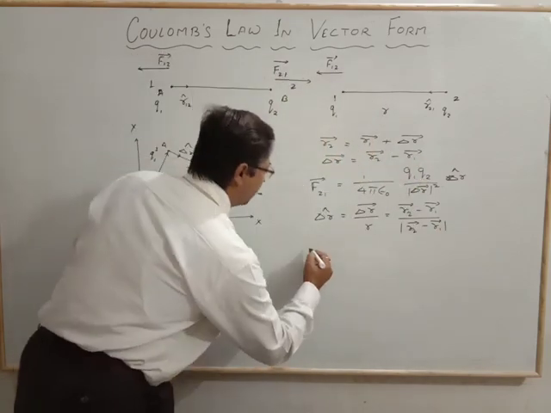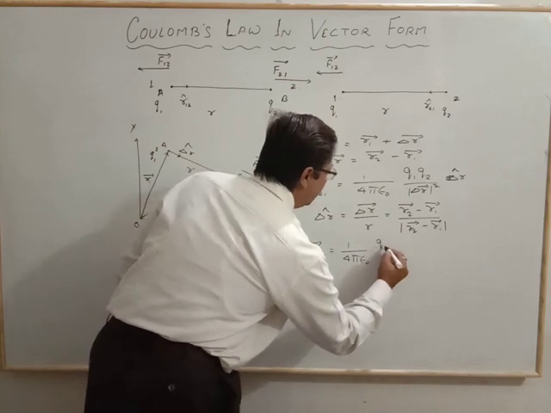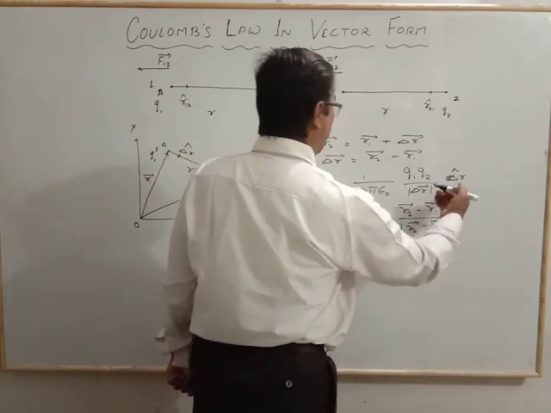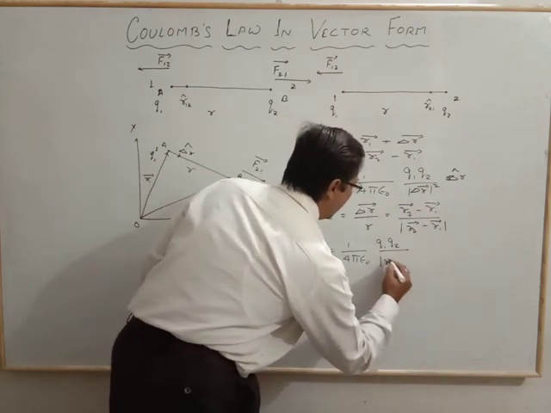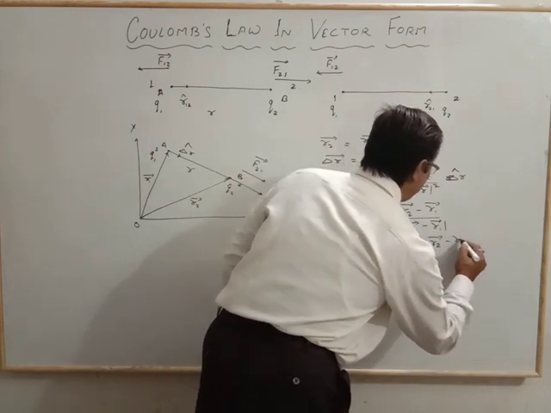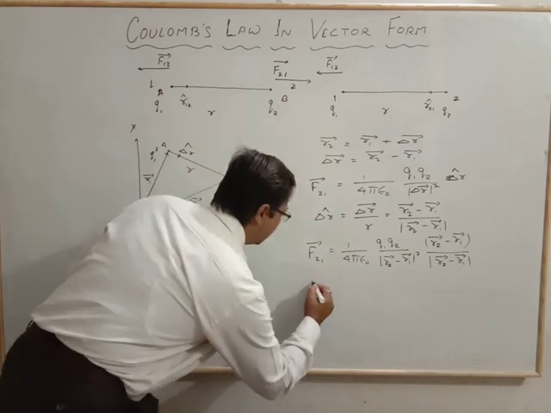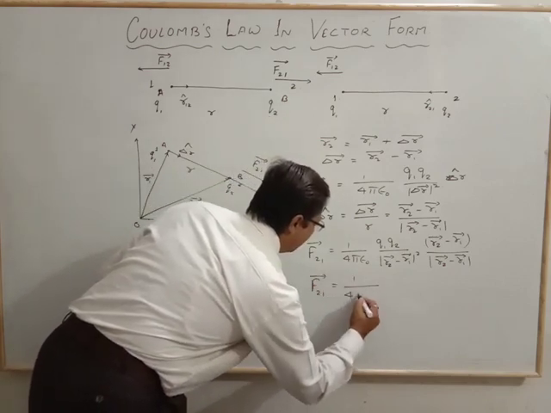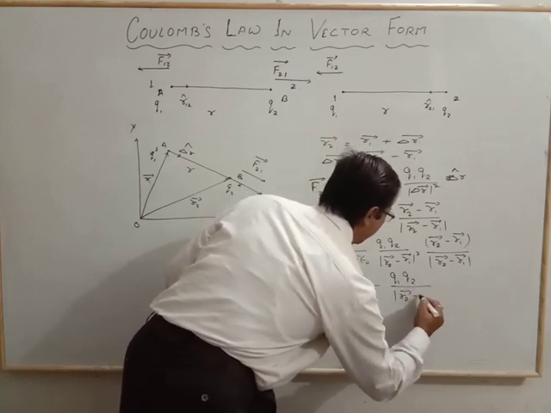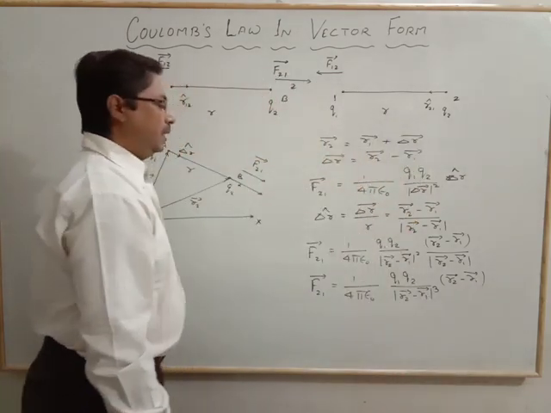So in place of this we will write the force with the position vectors, F21, which is equal to 1 by 4 pi epsilon naught q1 q2 by, in place of delta r square, the magnitude of R2 vector minus R1 vector whole square, into R2 vector minus R1 vector divided by its magnitude. So F21 with the position vector is represented as 1 by 4 pi epsilon naught q1 q2 by the magnitude of R2 vector minus R1 vector cube, into the vector R2 minus R1 itself,